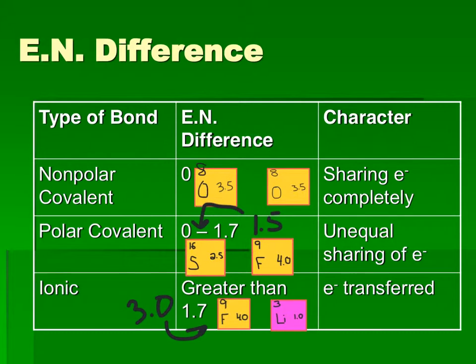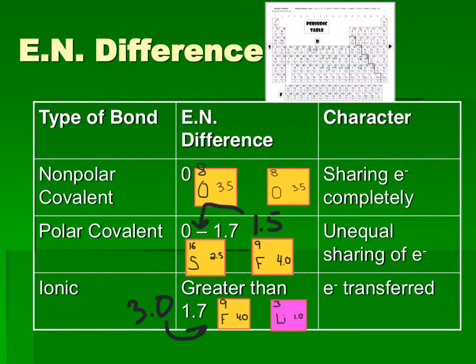Now, some of you might notice, let's say carbon were to bond with beryllium. Carbon is a nonmetal, looking at your desk, whereas beryllium is a metal. The difference in their electronegativities, however, is only 1.0. Does that mean that carbon and beryllium create a polar covalent bond? Well, kind of. These ranges aren't perfect, but just to simplify things, we're going to stick with